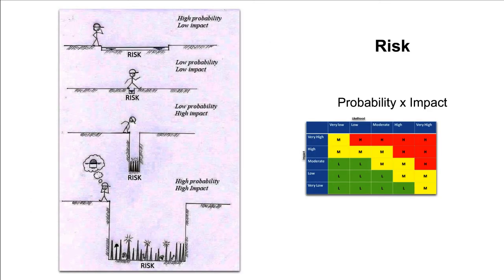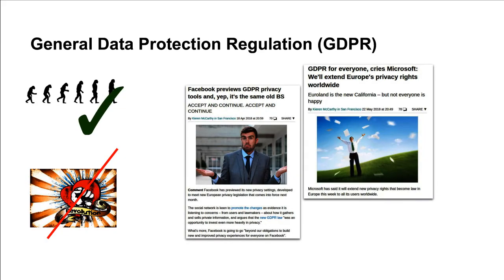In the information security world, there's one key measure that helps us understand how well we're protecting the information that we hold, and that's risk. In its most simplistic form, risk is simply the probability of something happening multiplied by the impact of it happening. So you can have things happen that are very unlikely to happen, but if they happened, then very bad things happen. And on the other hand, you've got some things that can happen quite often, but actually they don't have much of an impact. And you end up measuring this with some kind of risk matrix like the one shown on the screen.